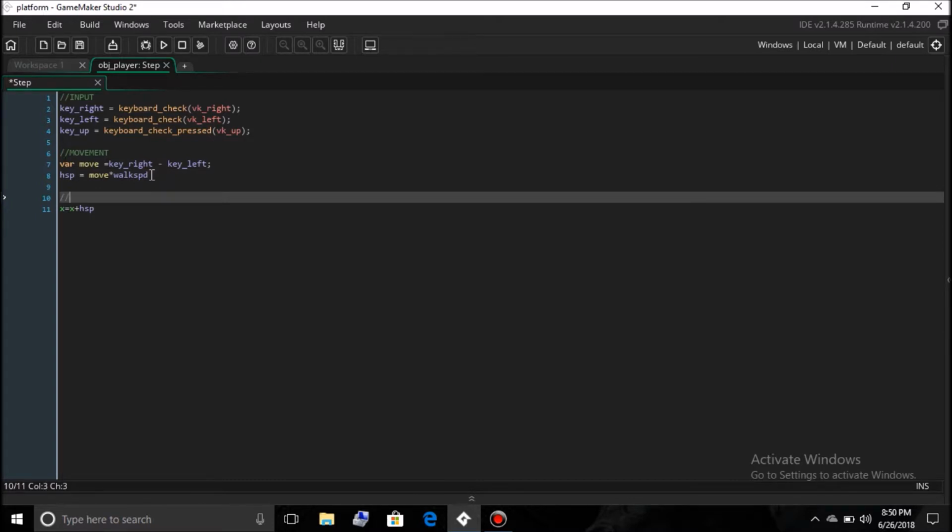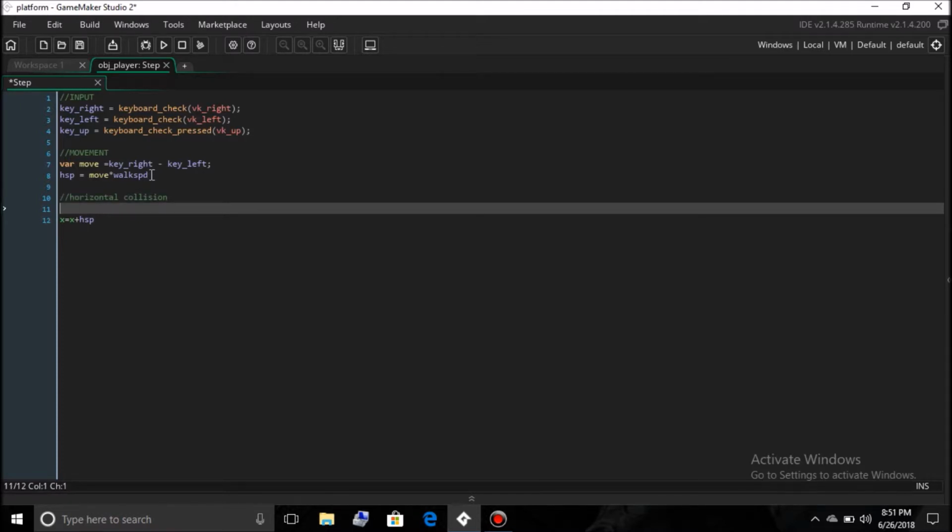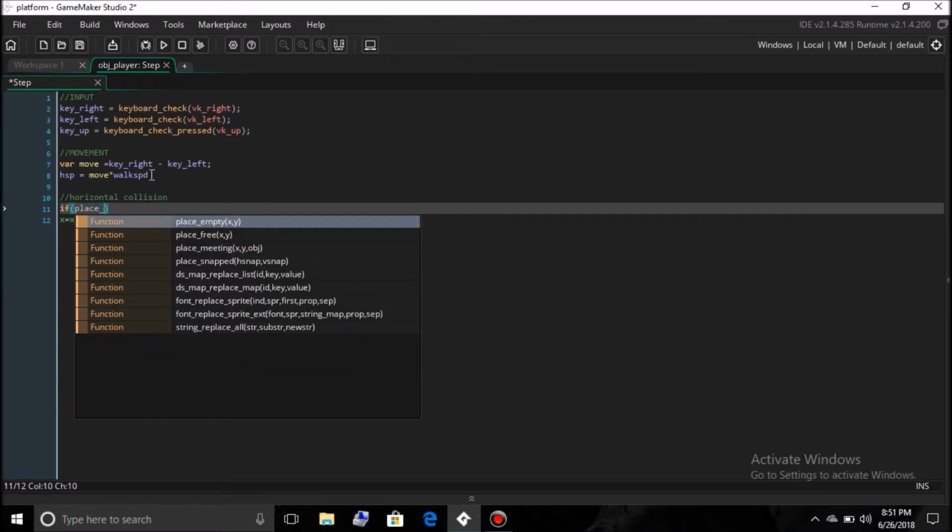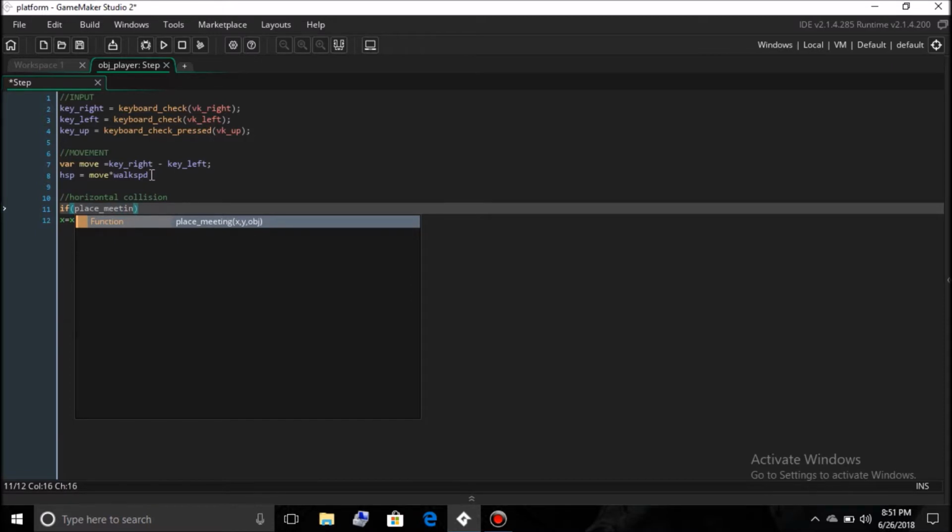And this line of code will be for the collision. So double slash, this will be the horizontal collision. We'll be doing an if statement. If place underscore meeting x plus HSP